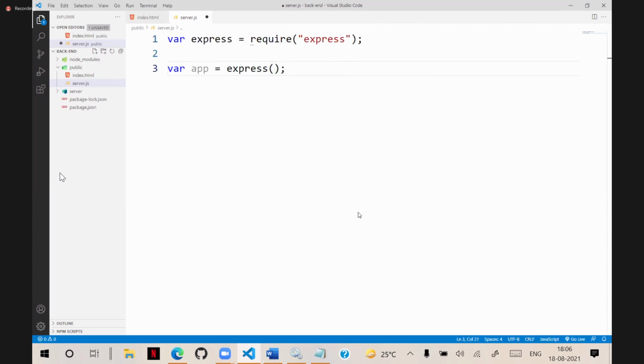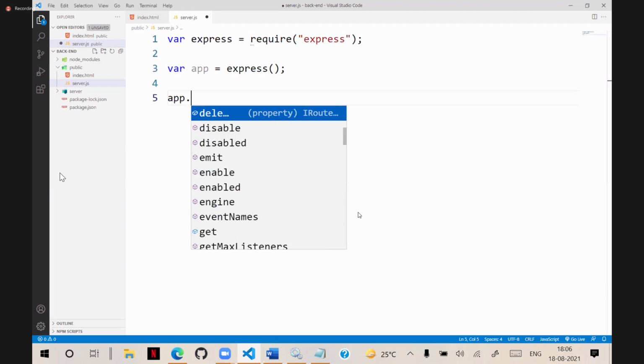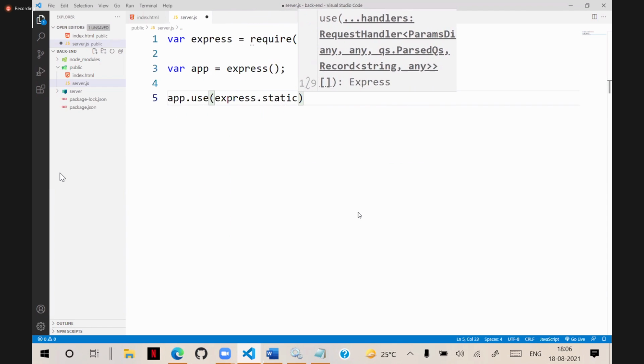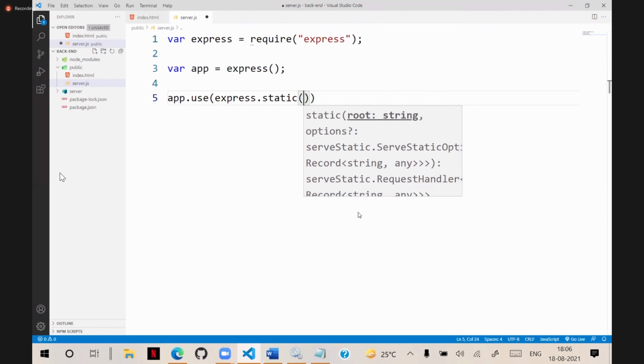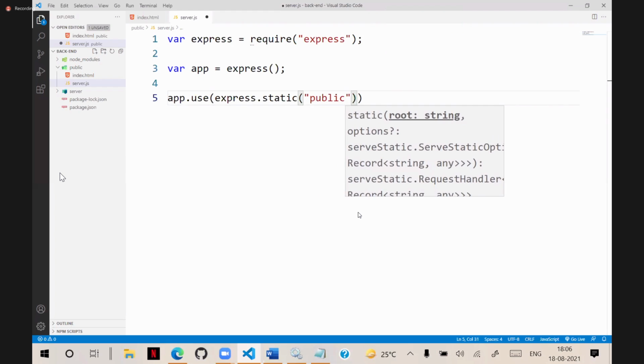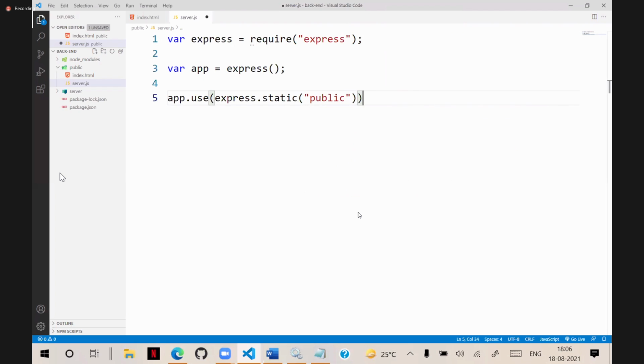Now here we define app.use with the express.static method, and it will define the root folder. Which folder? The public folder. That means access the resources from that public folder.